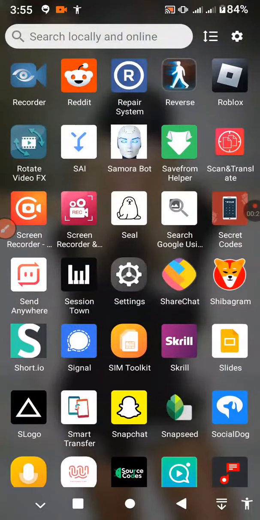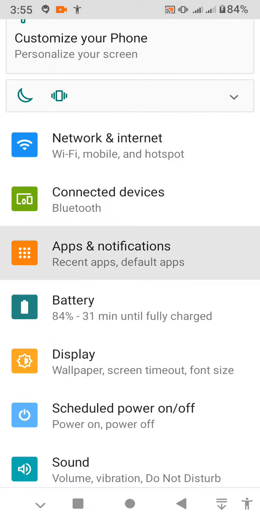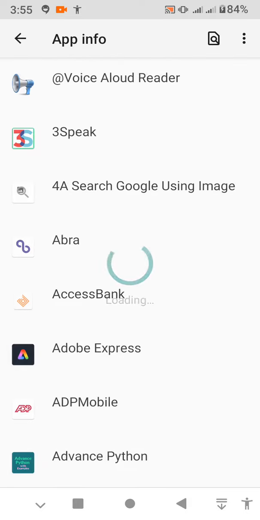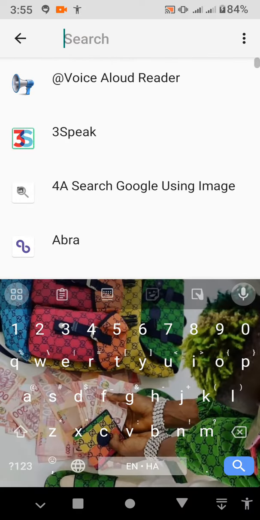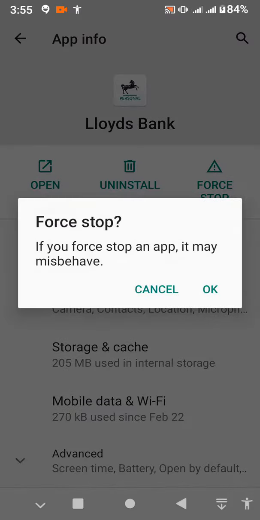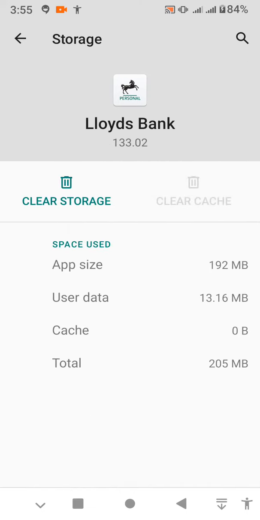So when you find your phone settings, just tap on your phone settings, tap on apps and notifications, tap on see your apps, tap on the search apps at the top, then try to search for the name of the app. So tap on it. Now tap on force stop, then tap on OK, tap on storage and cache, tap on the clear cache, go